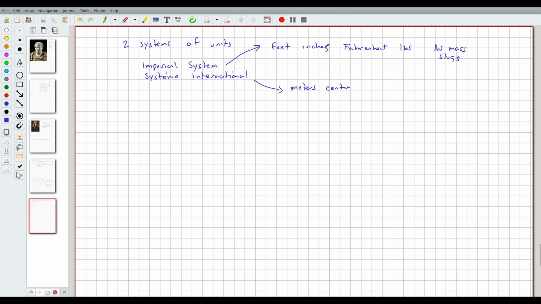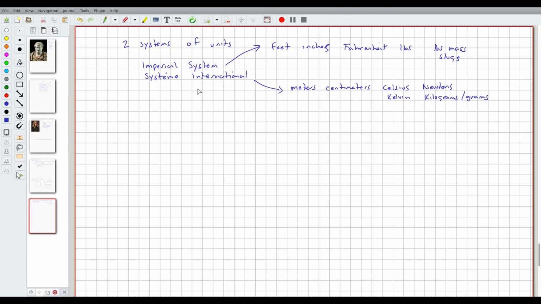centimeters. Maybe we measure temperatures in Celsius. Maybe we measure it in Kelvin. We weigh things in newtons. We take the mass of things in kilograms or grams. Okay. Now, that said,